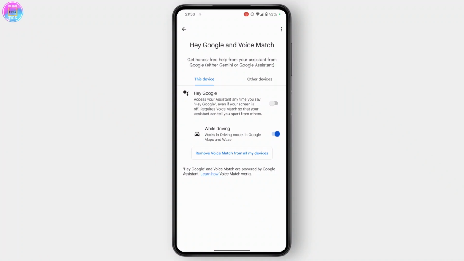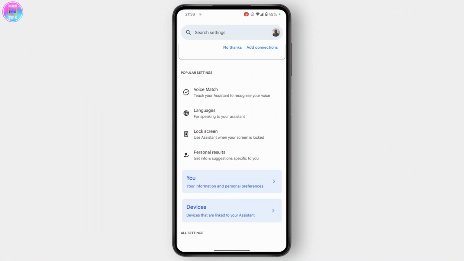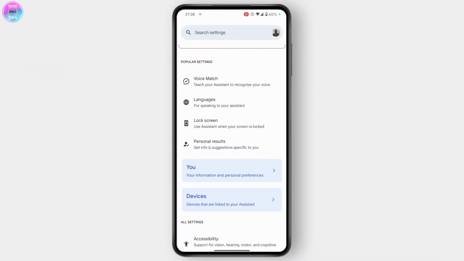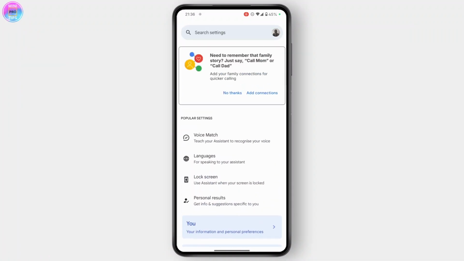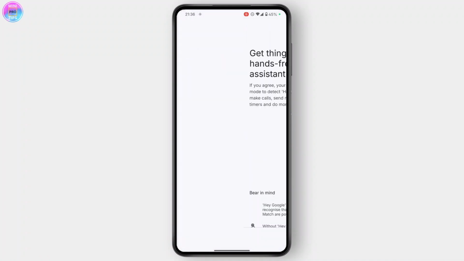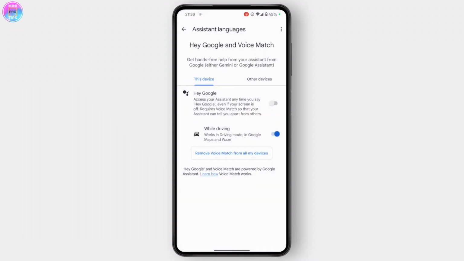Tap on Hey Google, enable that, and then you will need to talk to it for some time for it to understand your language and to recognize your language. And again, you can choose the languages for your assistant as well. There are also different options you can enable, but basically all you have to do is just tap on voice match, then tap on this Hey Google option and enable it. And you will need to start talking to it. So do that, and